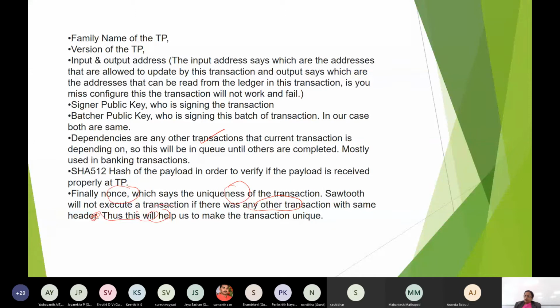Then the logic will change, and the cryptography will give a different hash, and that hash is stored in the transaction header. So now two distinct hashes will be there.